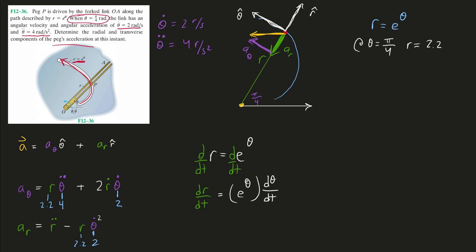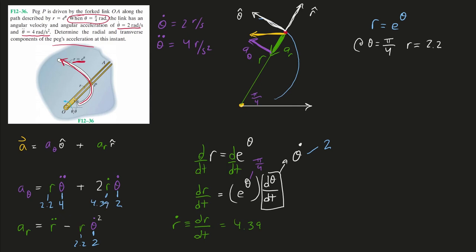And of course, just recognize that this is what theta dot is. They're just two different symbols that mean the exact same thing. And of course we know that theta dot is 2. And we also know that our current angle at this moment is pi over 4. So if we do this calculation, we can figure out our r dot. That'll be a 4.39. So we have our r dot over here,